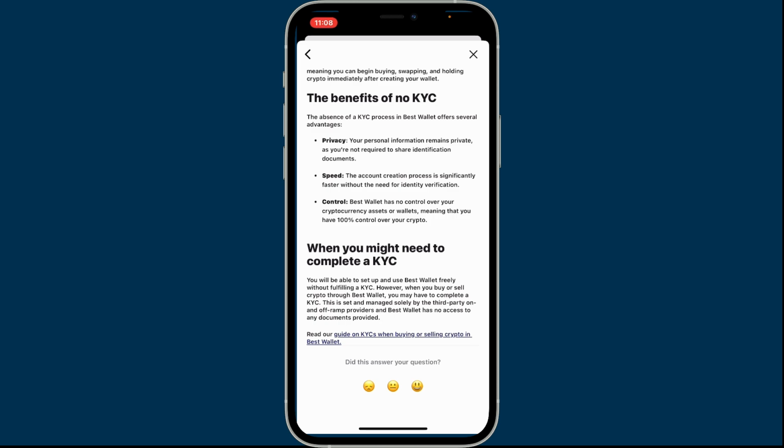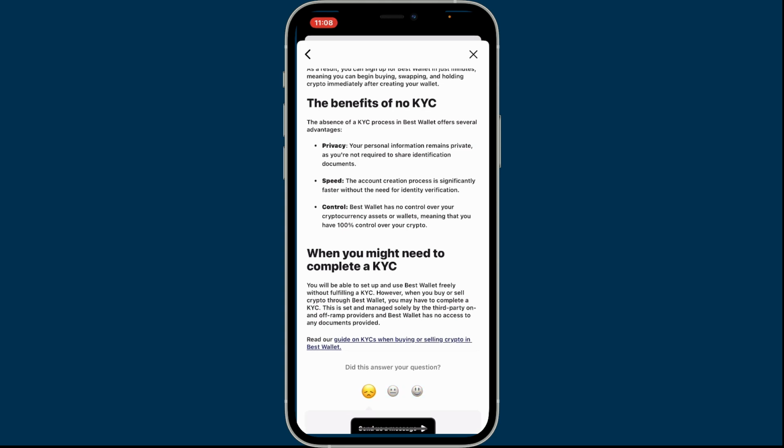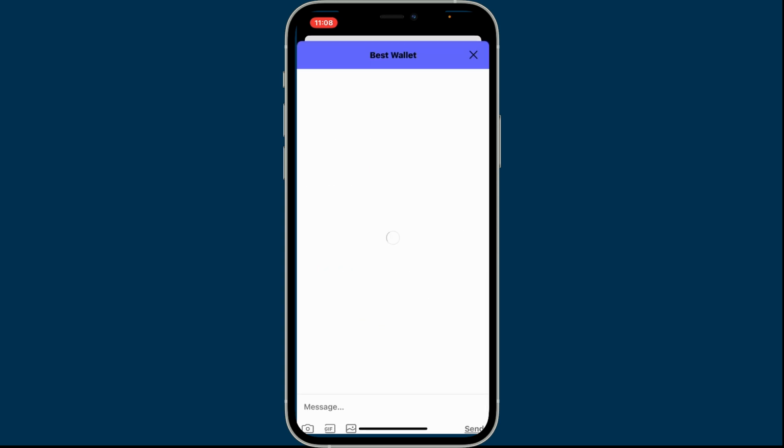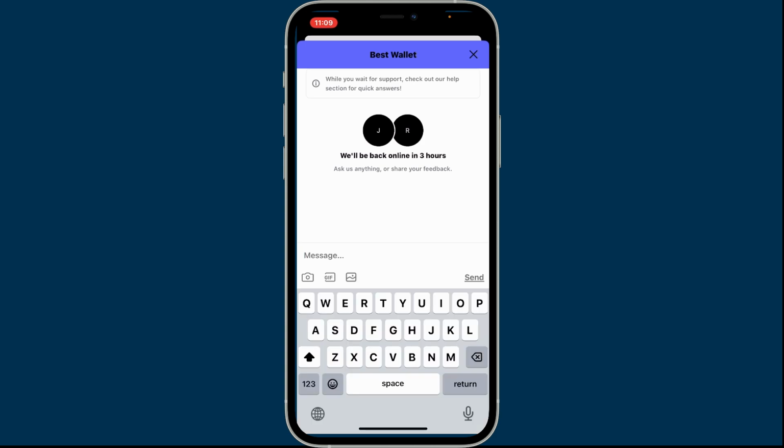If your issue isn't resolved by the FAQs, look for the option to rate. If this answered your question, go to the bottom and see this "Did this answer your question" prompt and tap on the sad emoji, and you will be able to see a "Send us a message" pop-up appearing at the bottom. Tap on the box and then you can go ahead and type in your request in